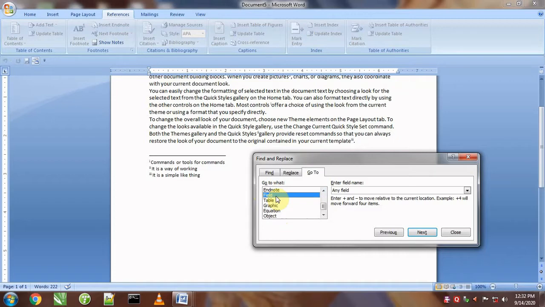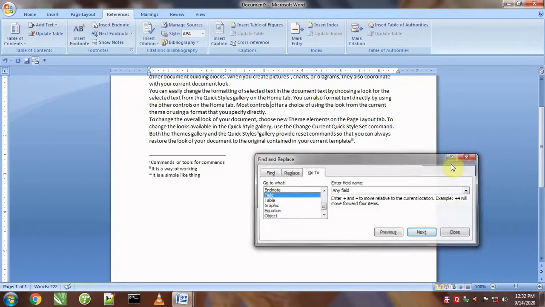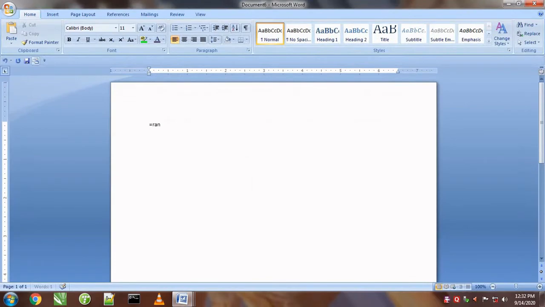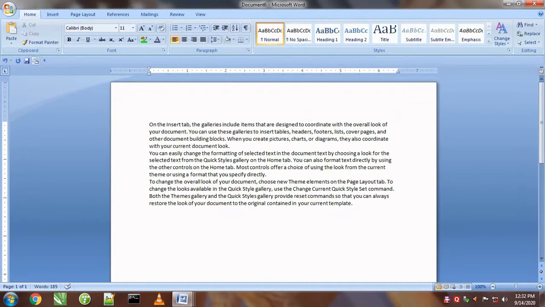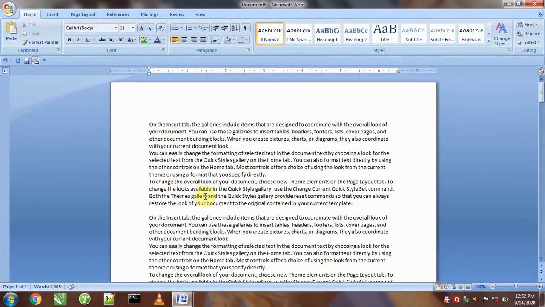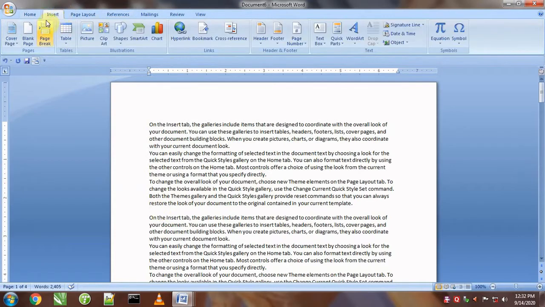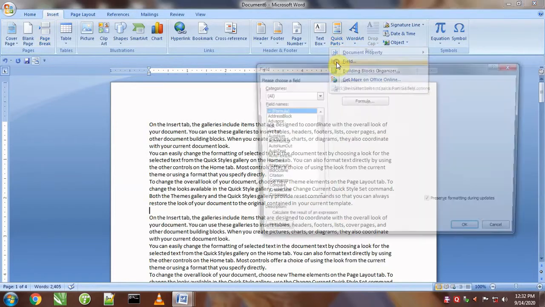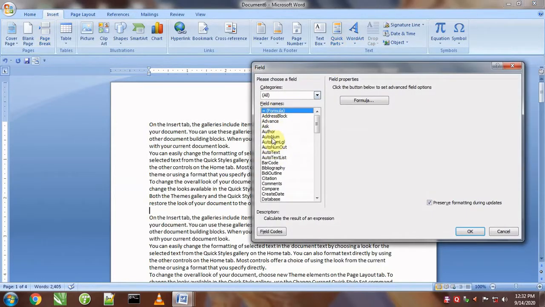So to use or to visit fields, we will take a new document. First of all, I will press Ctrl N. I will fill some data in it and will copy and paste this data a number of times. Now I will put different types of fields in this document with the help of the insert command. I will go to insert and quick part. Here are the fields. I will click on it. So from here I can put fields.